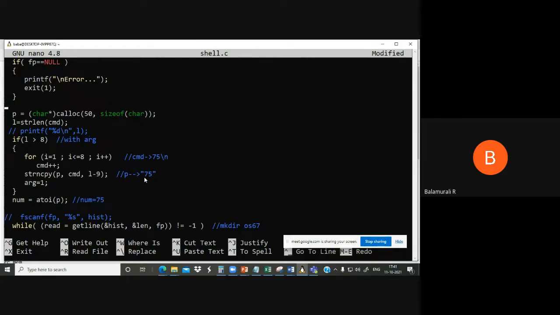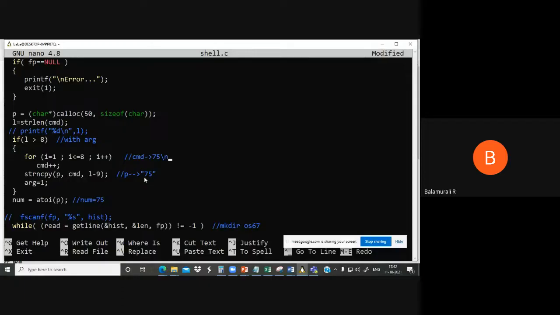So here we are first calculating the length of the command. If length is greater than 8, then what we are doing, for I is equal to 1, I less than or equal to 8, I plus plus. So why are we doing this? Because we want to identify what is the number there.